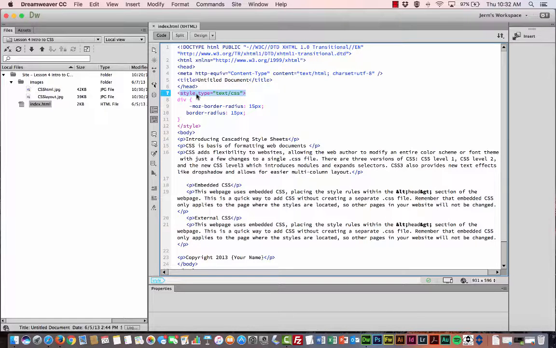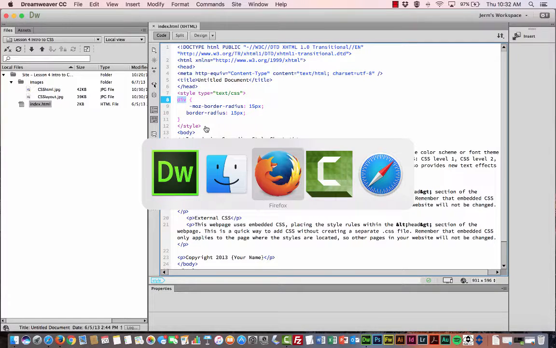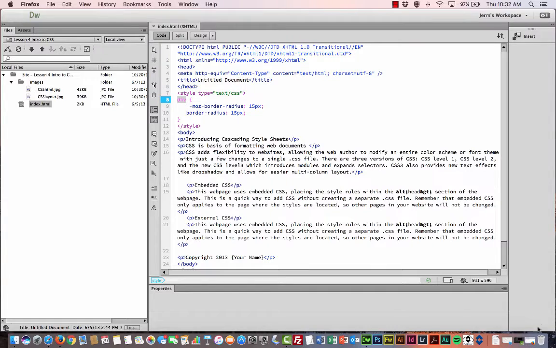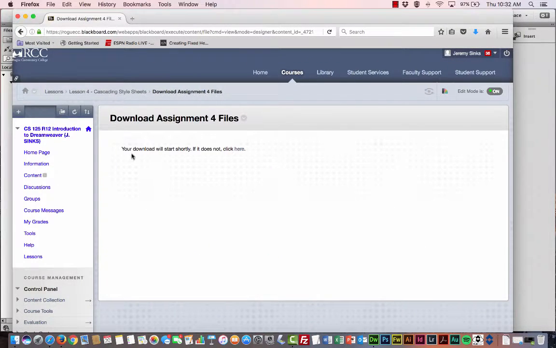So I don't actually have to type that in, and there's already a style here, which is going to come in handy. This particular tag is just the div tag. It's not a name or an ID. So we'll be applying that in a couple of different places later on in our tutorial. I'm going to toggle over to Blackboard again,